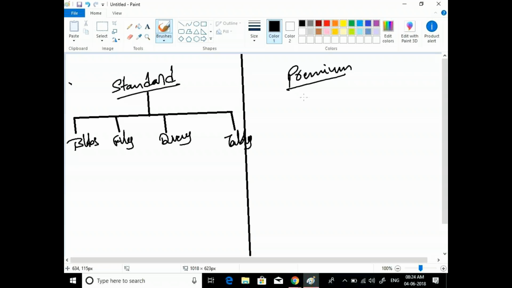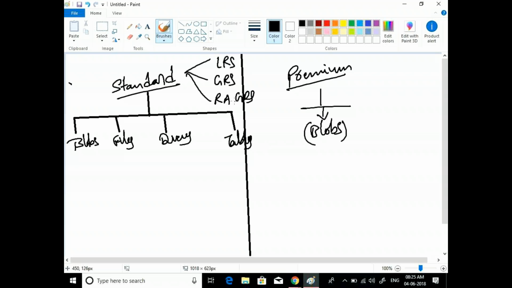But in premium, as I said, only one service called blobs. Here in standard you have three types of replications: LRS, GRS, local redundant storage, geo redundant storage, and RAGRS, read access geo redundant storage.